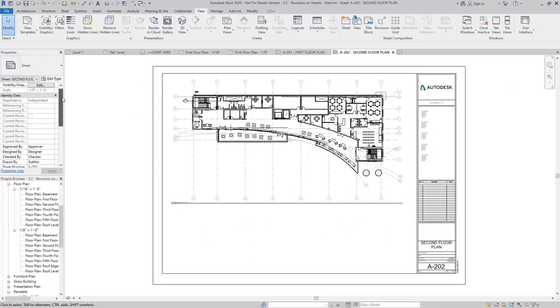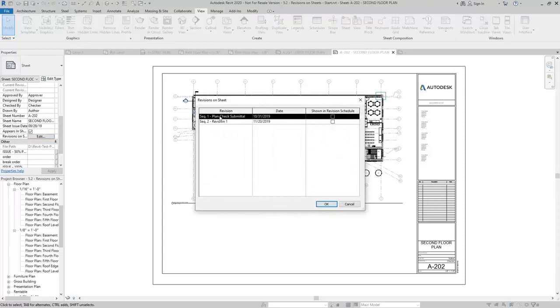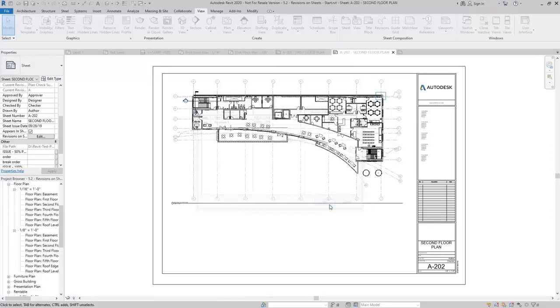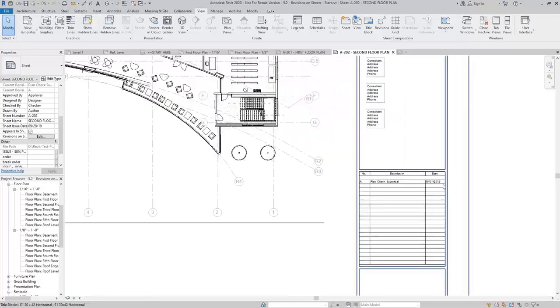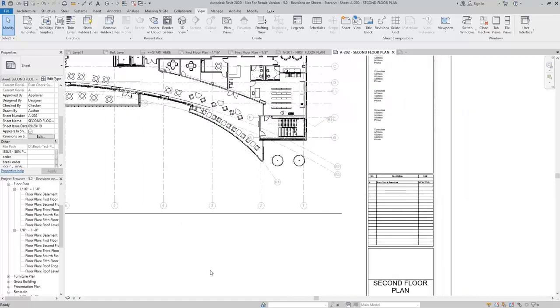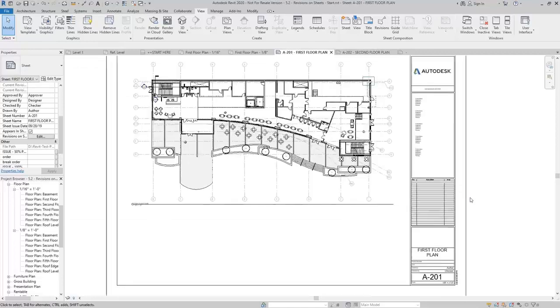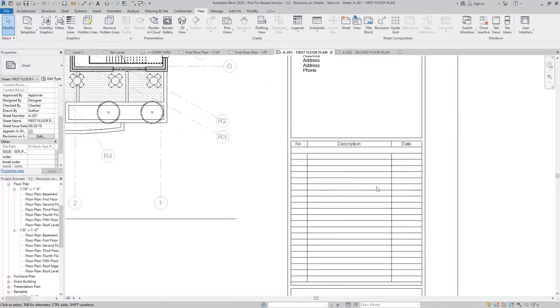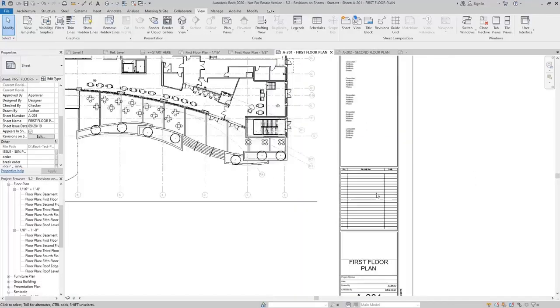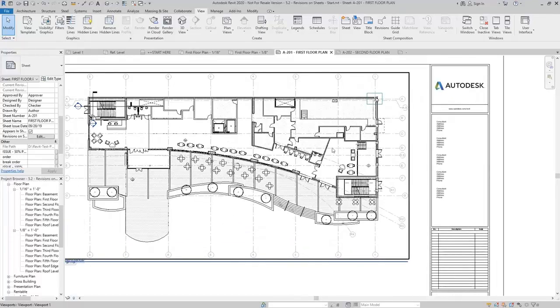The first one is within the sheet properties. We have an option here for revision on sheet. If I click edit, we have the two different revisions that we've added. And so where it says plan check submittal, I can just check to show revision on sheet. And now that becomes part of our revision schedule. If you look at our other sheet, notice it's not there. Now, if I wanted to add revision 1 to this sheet,